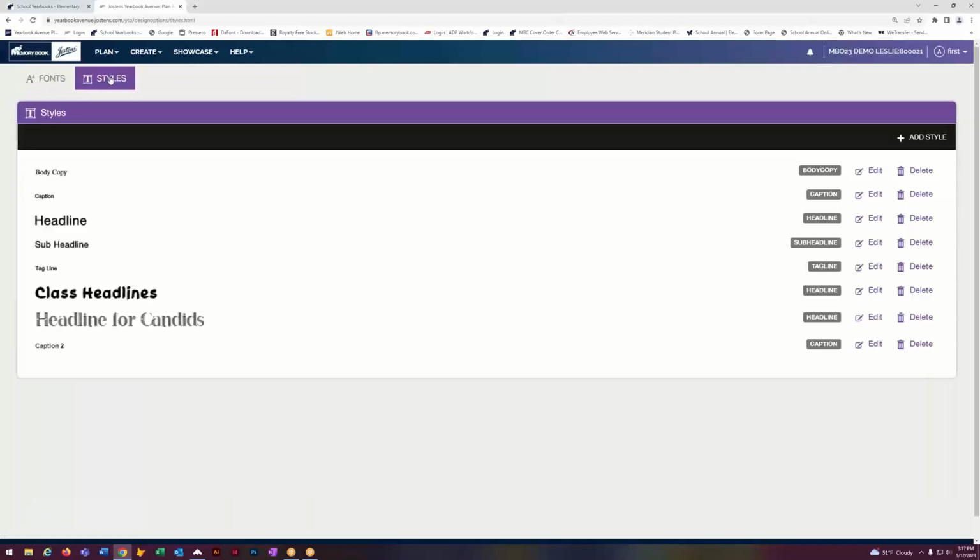And then here in the styles, you can create different styles. So when you go to your pages and work on them, you can click on the style and drag it over to the page, and it's already formatted for what you want to use it for. So if you had a little paragraph that you're putting underneath student pictures or activity pages that you want to describe a little bit about the activity, you can go here and you can create a new style,